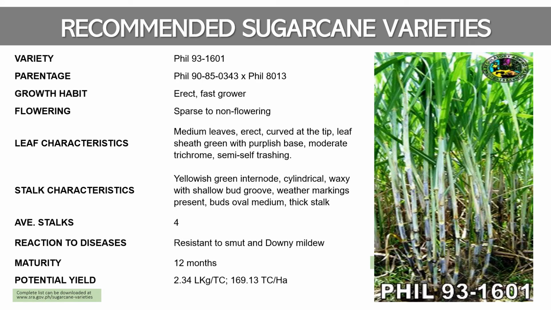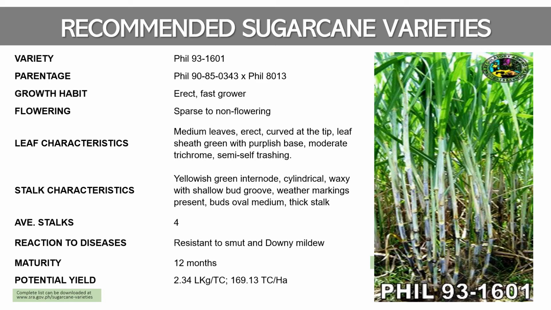I think this will be our last example of recommended sugarcane varieties here in the Philippines, which is the 93-1601. It has a growth habit of erect and fast grower, sparse to non-flowering. It is also moderately trichomed and semi-self-trashing. Stalk is yellowish-green, internode cylindrical, waxy, with shallow bud groove. Weather markings present, buds oval, medium, and